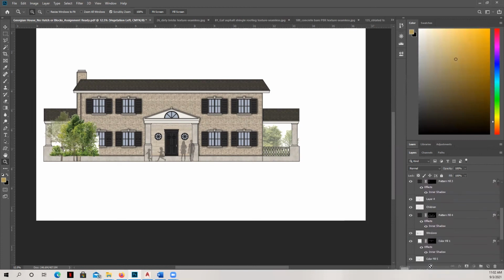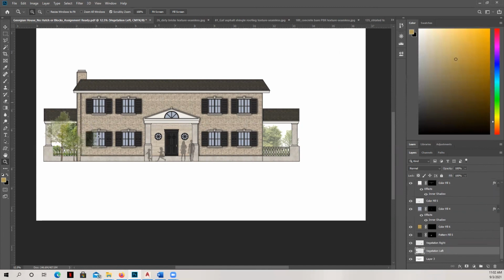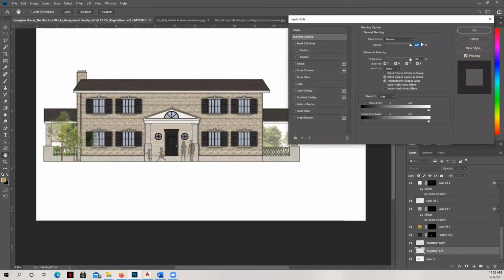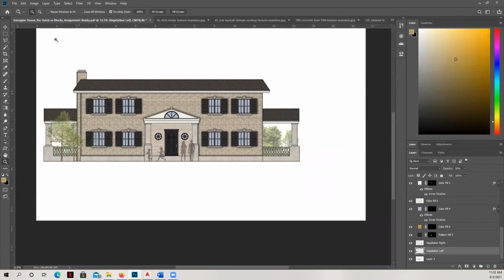Okay, so let me go ahead and bring this other vegetation down here, and we'll put it back there. And again, changing the opacity down to 50%. Now, you can see here, it's really nice.